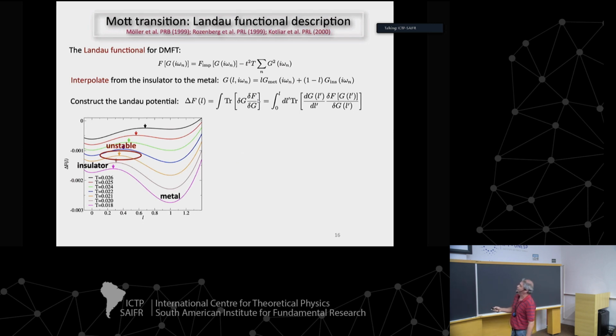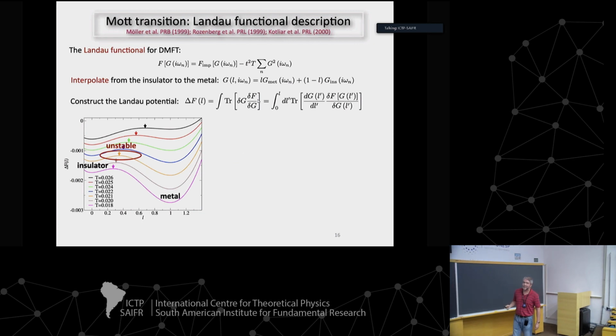And as you go through the transition, of course, one minimum, for instance, this is the stable solution here. It goes up, and the global minimum becomes the insulating one. And you can follow this. You can construct this Landau functional the way I showed you before. And of course, I want to focus on the maximum. So you can find the convenient L there for that maximum, and use that as a first approximation to the Green's function at the maximum. But of course, this is not the full solution to the problem.